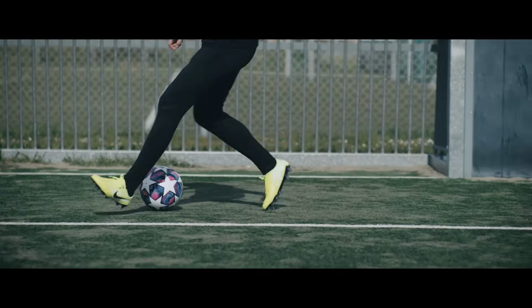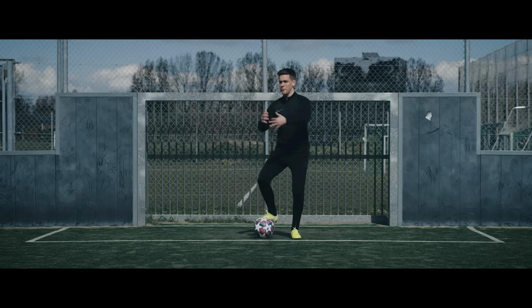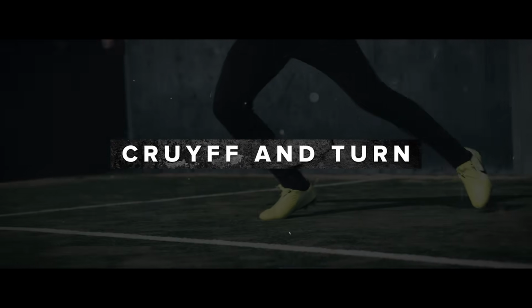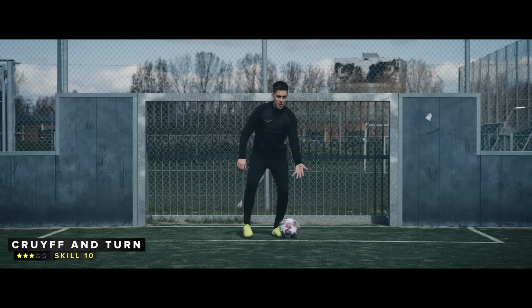So, the basic idea behind all the skills in this episode is for us to fool the defender by drawing him extremely close to us. We pull off our skill and get rid of him. And we're gonna start with the skill that I like to call the Cruyff and turn. This skill is obviously a combination of a simple Cruyff turn and a little drag back with the bottom of